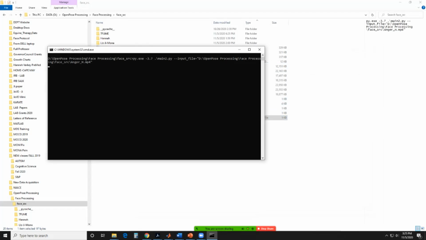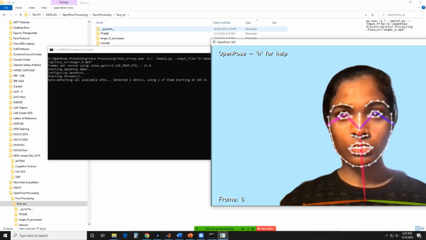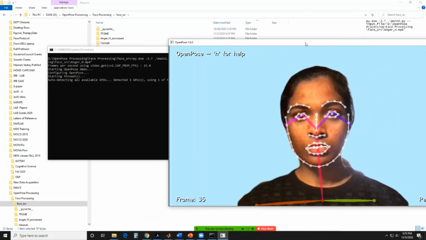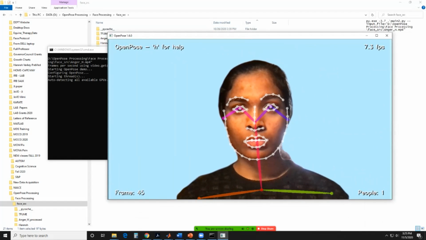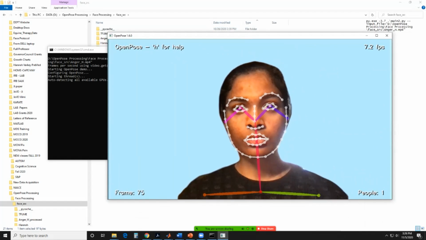And I'm just gonna run that. And that's gonna create the skeleton. So this is using OpenPose now? Yeah, this is using OpenPose, plus the wrapper that Joe created. Okay. So that's creating, so the number of frames, so